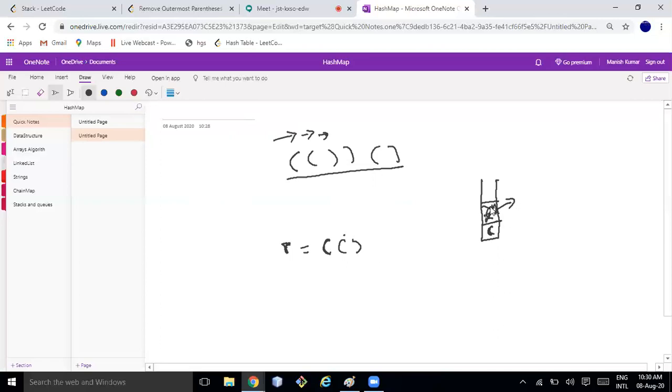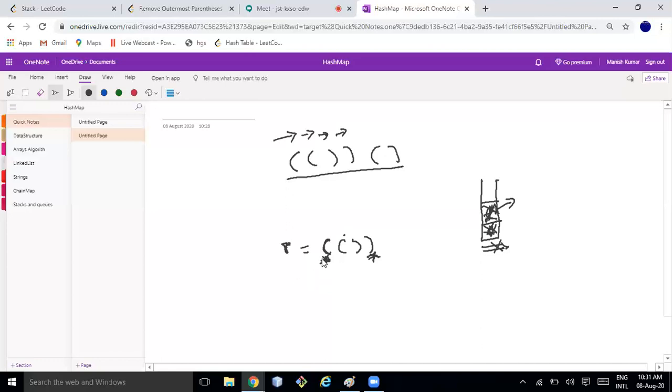So this one won't be there. Again I got a closing parenthesis, I'll add it into the result and pop it out. Once the stack becomes empty, what you need to do is remove the last added character as well as the beginning character.